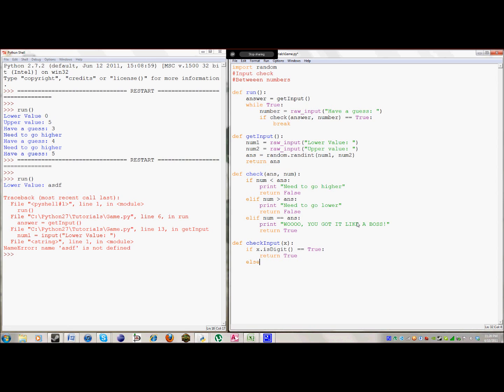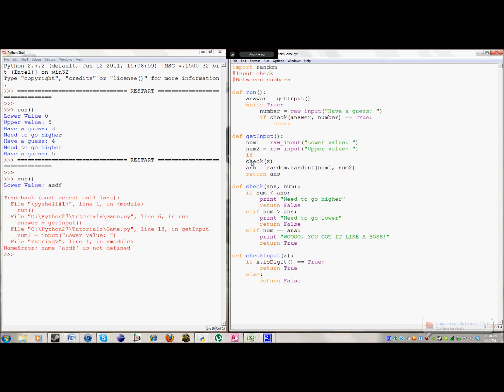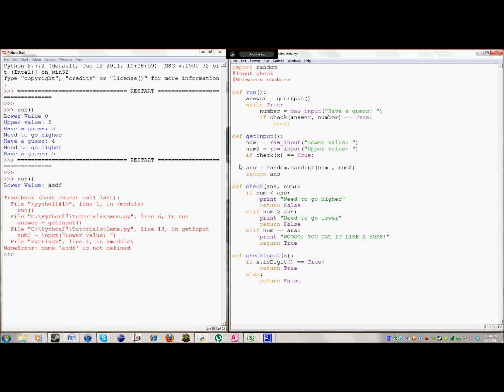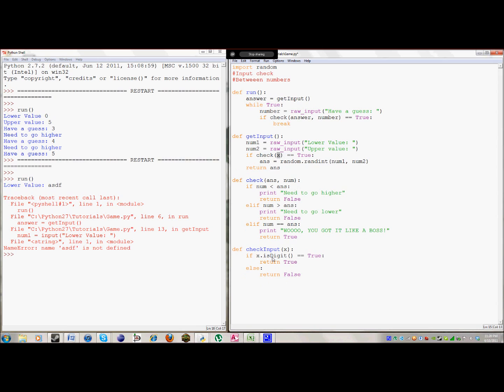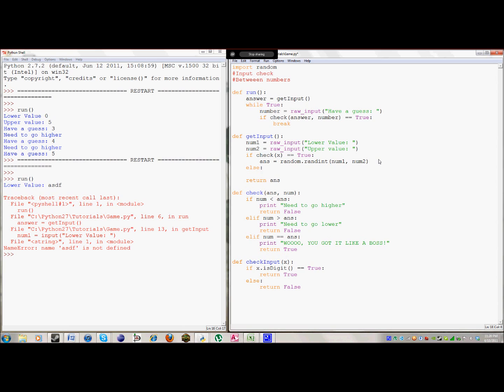it must be false. Okay. What we can do is run this check on x. So if it turns out that this x is a digit, then return true. Else print